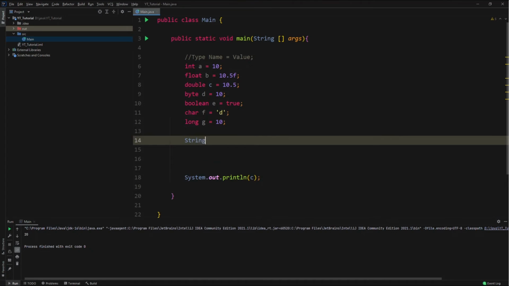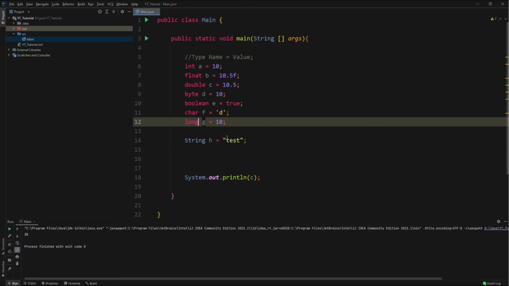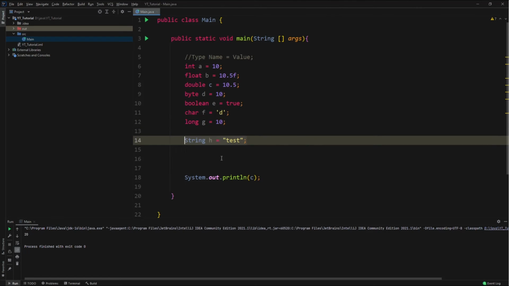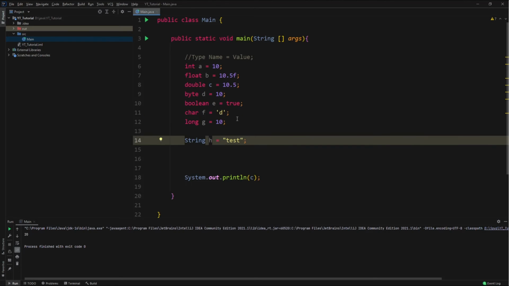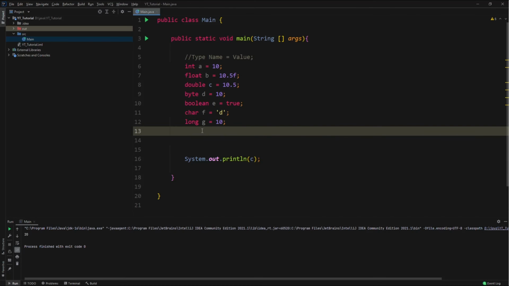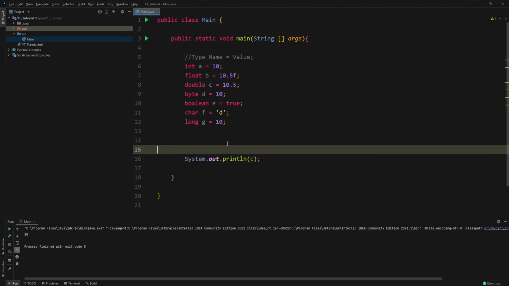Now you might be a little bit surprised that strings are not among these. That's because strings aren't primitive data types. Actually, under the hood, strings are just a sequence of characters, interestingly enough. So they're made up of primitive data types, but they themselves are not primitive data types. So those are the main types of variables that you will use in Java and how to declare them. And I think that pretty much concludes this